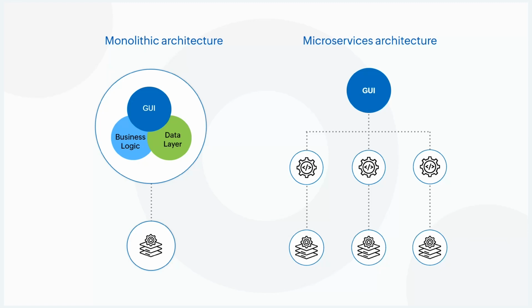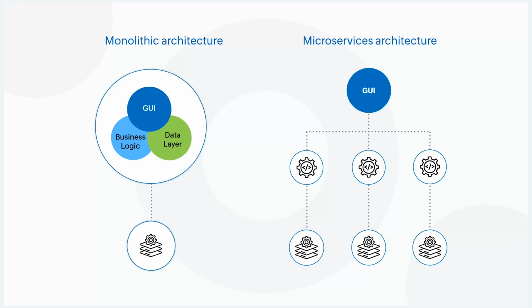Before we dive into serverless monitoring, let's understand the key architectural shift in modern architectures. When I say serverless monitoring, we need to understand the key architectural shift in modern applications as well. Moving from monolithic to microservices architecture, on the left, we see a monolithic architecture where the GUI, business logic, and the data layer are tightly coupled within a single code base. This means any change or update requires modifying and redeploying the entire application, making it less flexible and harder to